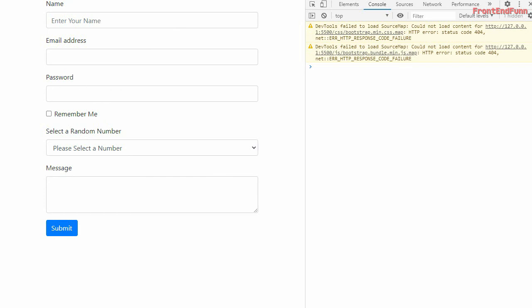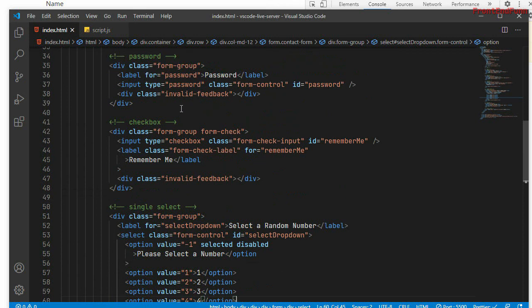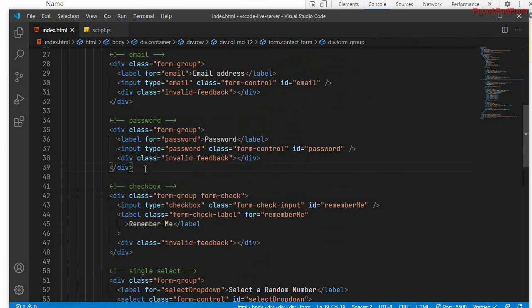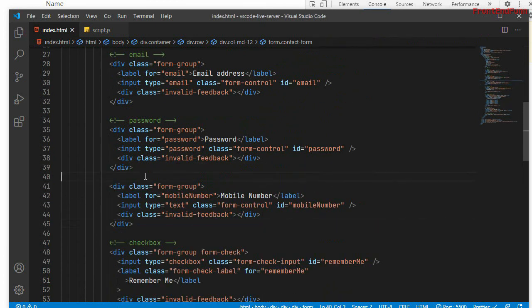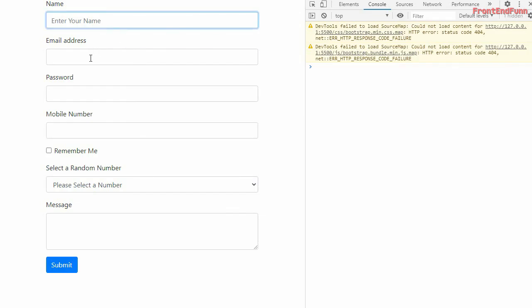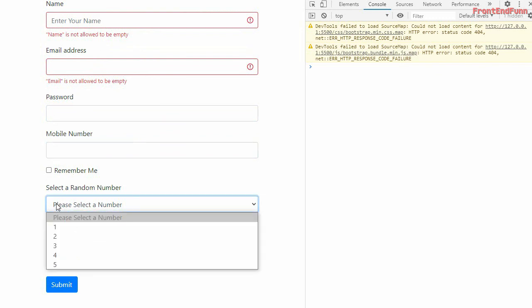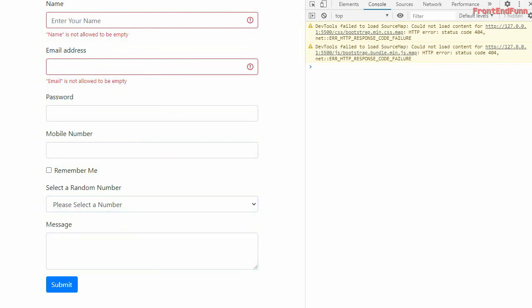Let's also add the mobile number which I forgot. So I'll just add the mobile number field here. Fine. So we are having a name, email. Currently we have only these two validations for only these two fields, and we'll be validating the password, mobile number, checkbox, and select drop down, as well as the text message.